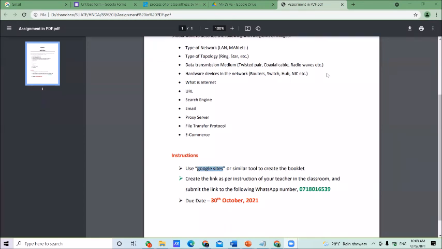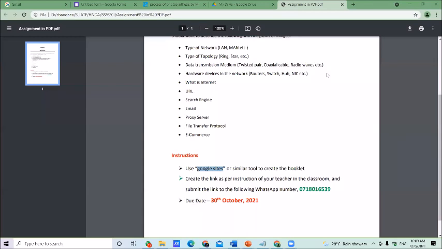These types of things you will not get through PowerPoint. It is just a presentation. If you are learning communication here, the subject is business systems, and under that we are learning communication. Then you want to link with others and make relationships practically. Therefore, I highly encourage you to use Google Sites to do this assignment.